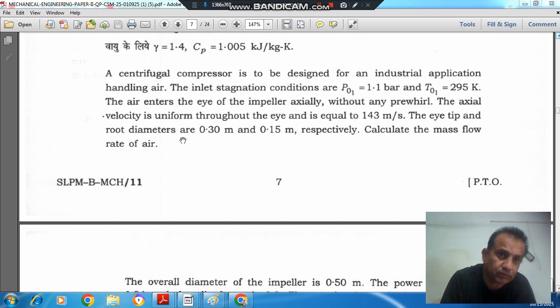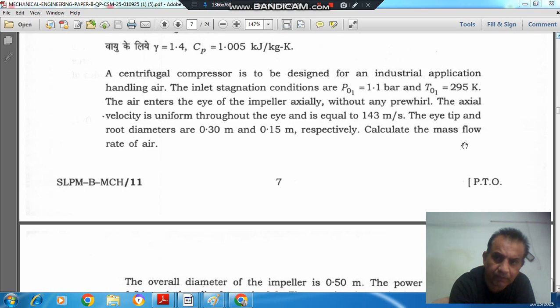again, a centrifugal compressor is to be designed for an industrial application handling air. Inlet stagnation conditions are P01 1.1 bar, T01 295 Kelvin, and the air enters the eye of the impeller axially without any pre-whirl. The axial velocity is uniform throughout the eye and is equal to 143 meter per second. The eye tip and root diameters are 0.3 meter and 0.15 meter respectively. Calculate the mass flow